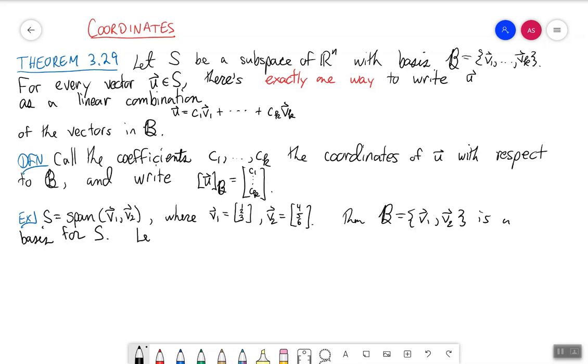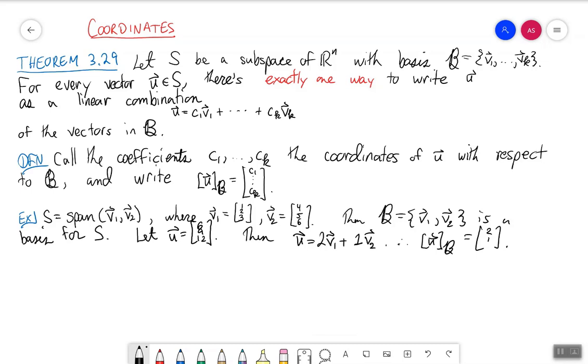Now let's look at the vector u equal to (6, 9, 12). Then one can show that u is 2 times v1 plus 1 times v2, and therefore, using the definition of coordinates, the coordinates of u with respect to B is the vector (2, 1). In particular, notice that while u is a vector in R3, it only has 2 coordinates with respect to the